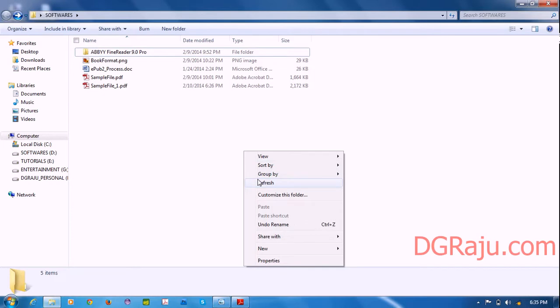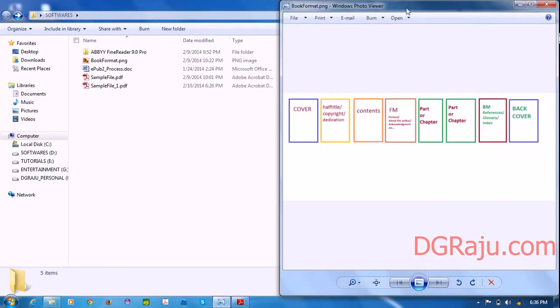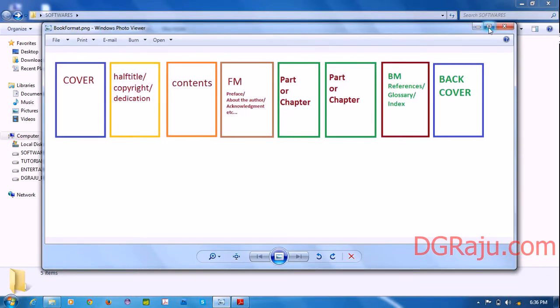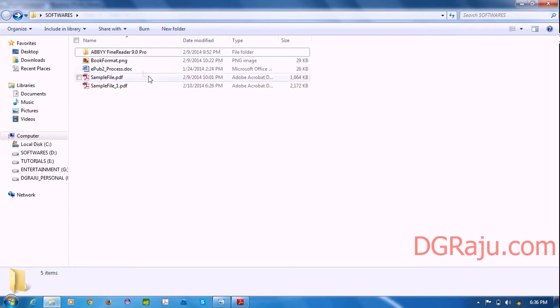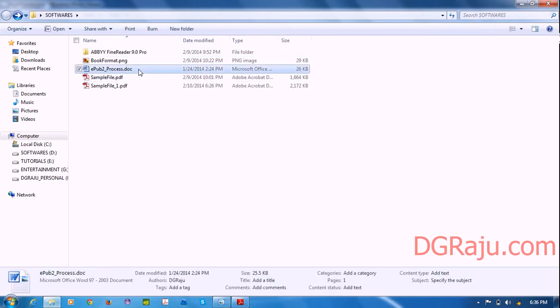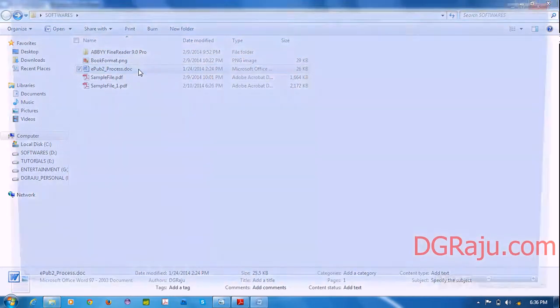Now, which software are we using to convert PDF to EPUB file? See this.